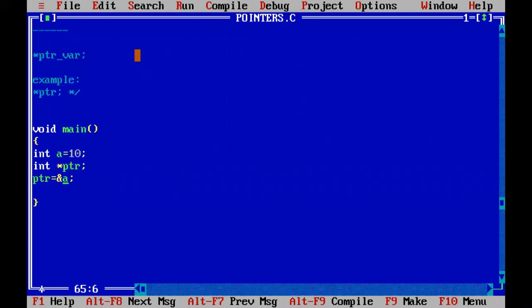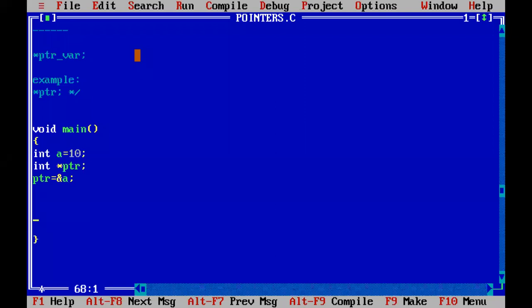For this PTR variable also, 2 bytes of memory are allocated. Into the 2 bytes, we are going to store the address of a, that particular memory location number. So a is meant for storing integers and PTR is meant for storing addresses. We cannot store addresses in normal variables.